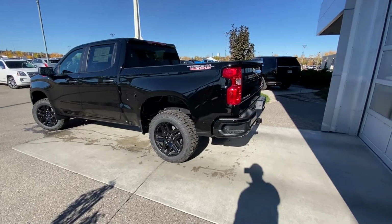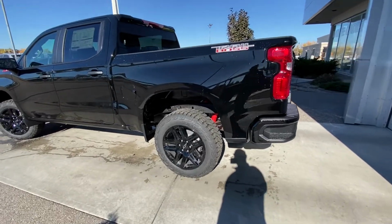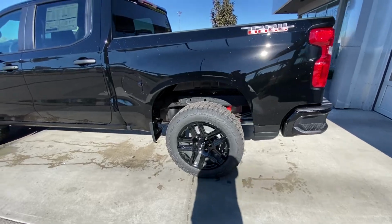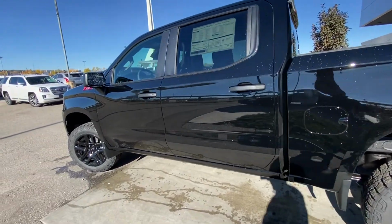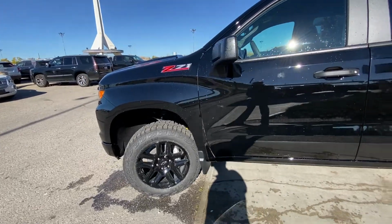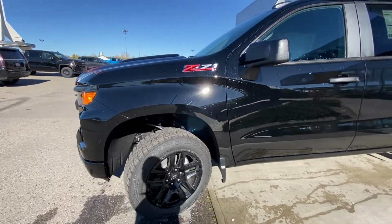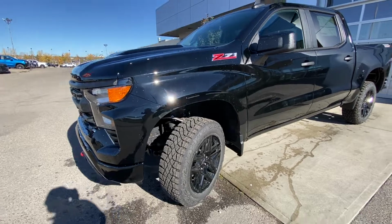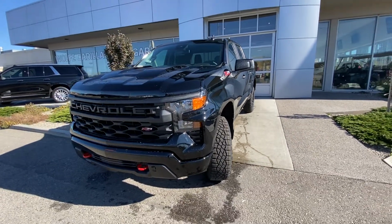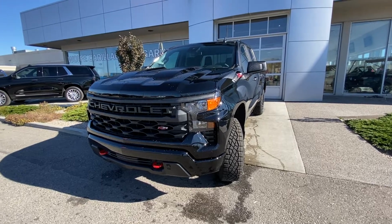Taking a quick look at the exterior of the Silverado Trail Boss, we have the 20-inch wheel and tire package with the Goodyear Wrangler Territory MT tires. We have black plastic door handles as well as the matching mirror caps. Z71 badging. The Custom Trail Boss has the factory 2-inch lift kit up front, making room for the big wheel and tire packages. Coming down to the side, we do have halogen light bulbs, recovery hooks, Z71 badging as well,